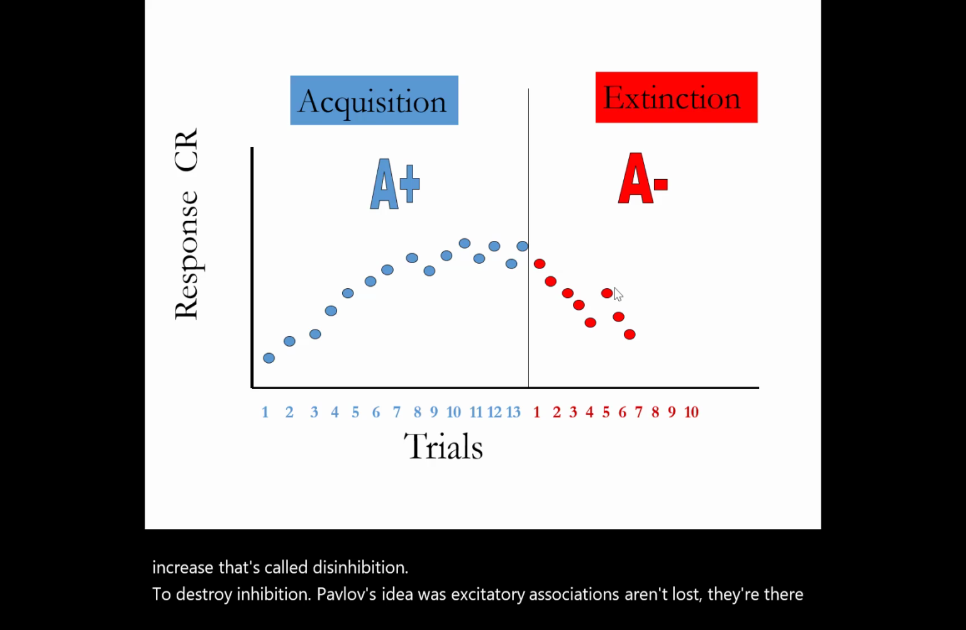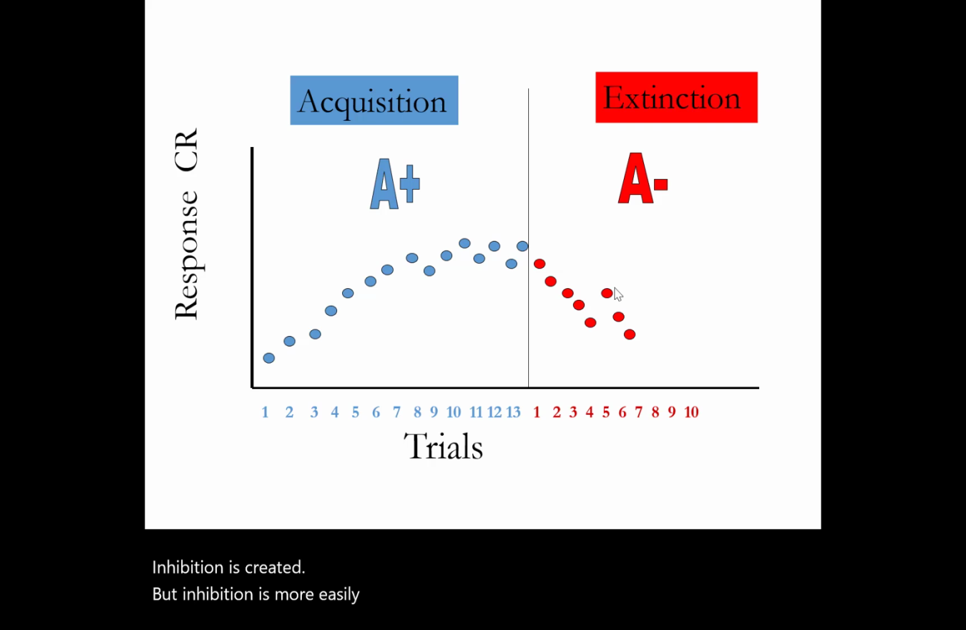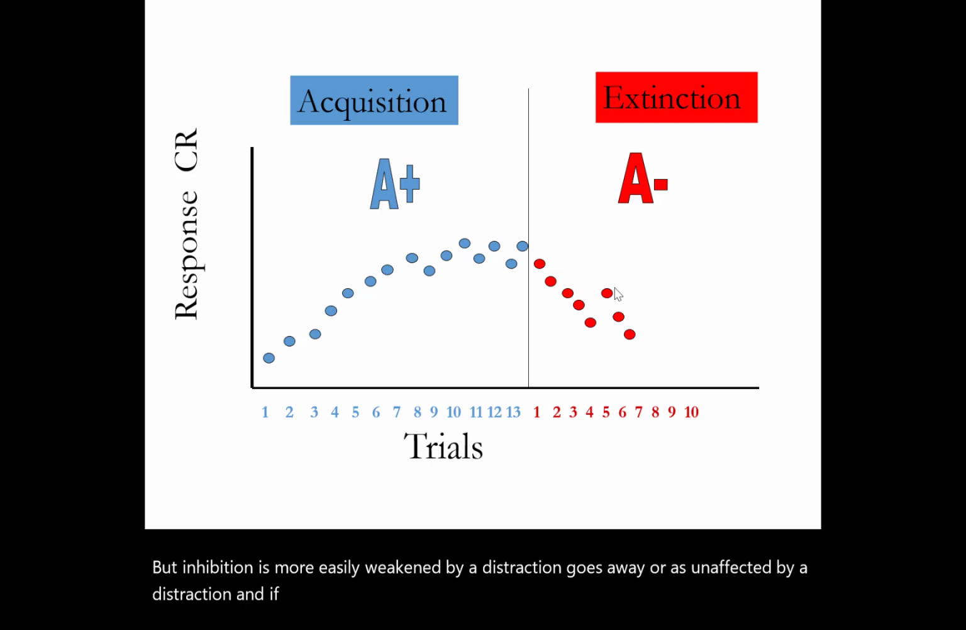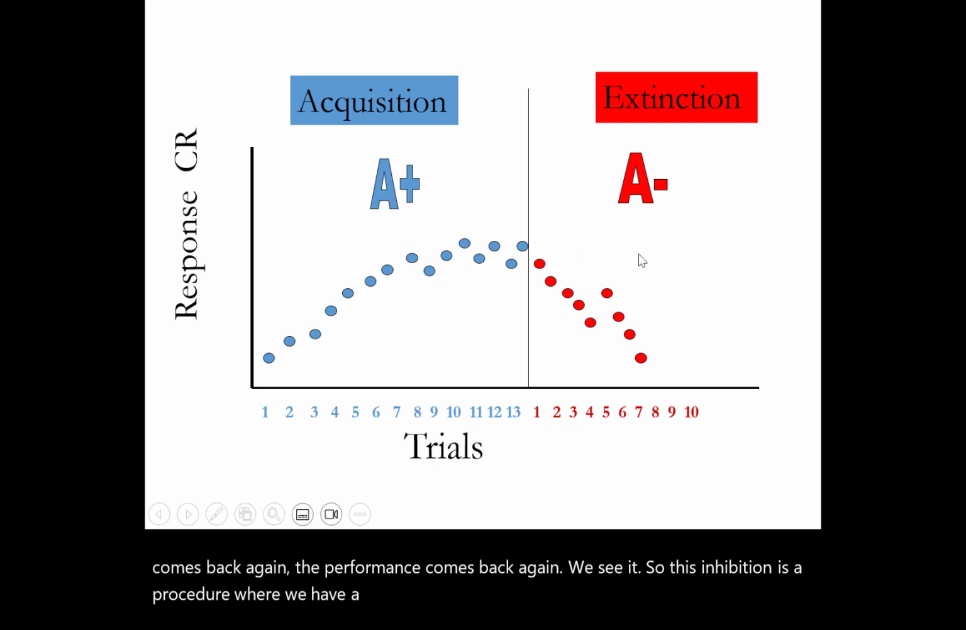Inhibition is created, but inhibition is more easily weakened by a distraction. And if that distraction affects inhibition but not excitation, the excitation comes back again. The performance comes back again. We see it. So disinhibition is a procedure where we have a distraction in the middle of extinction,